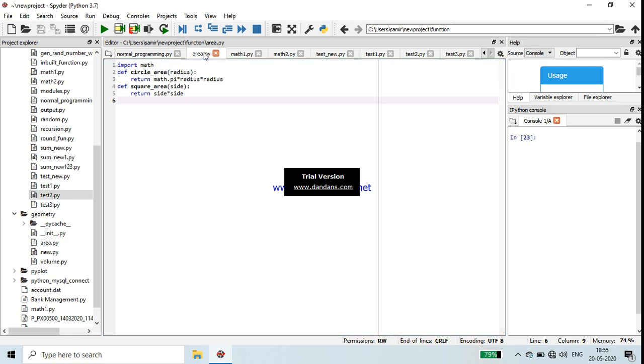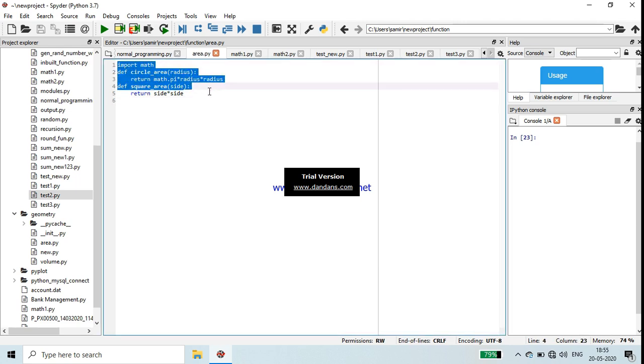First of all, you see area. One file I have created, as I told, it is a Python file, area.py. Area.py is a file, so area is a module, and in this module I have created a program. First of all, import math. Import math means I am importing an inbuilt module. Then one circle area function is defined here.